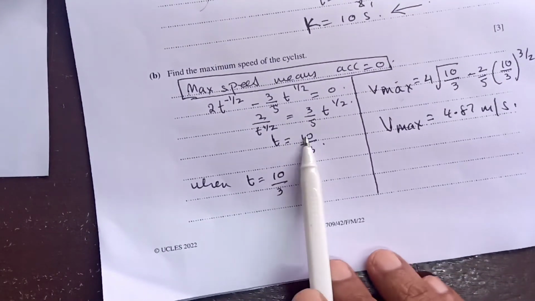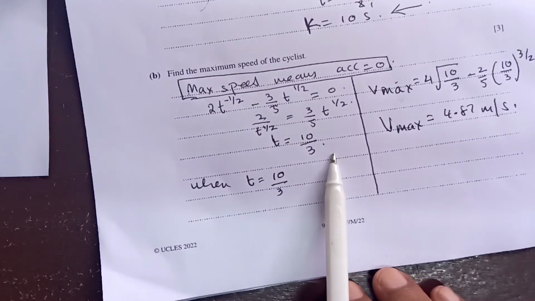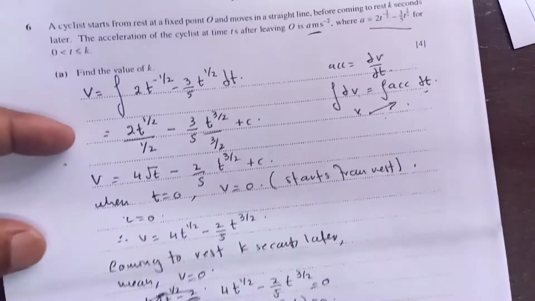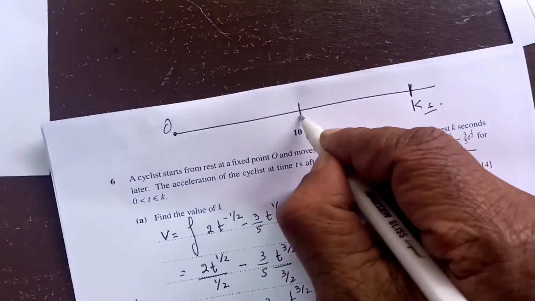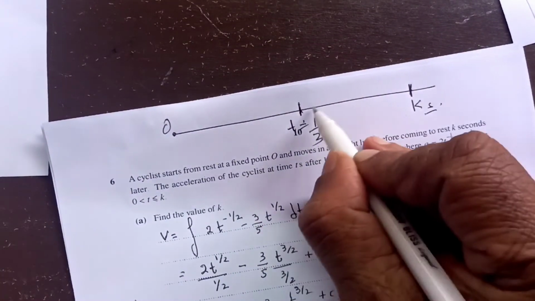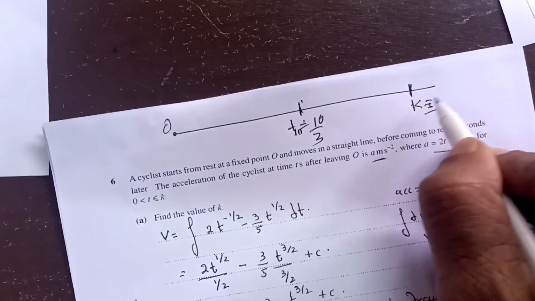You will get t is equal to 10 upon 3. What does this mean? This means that at t is equal to 10 upon 3, it will reach a maximum speed. Then at k is equal to 10 seconds,